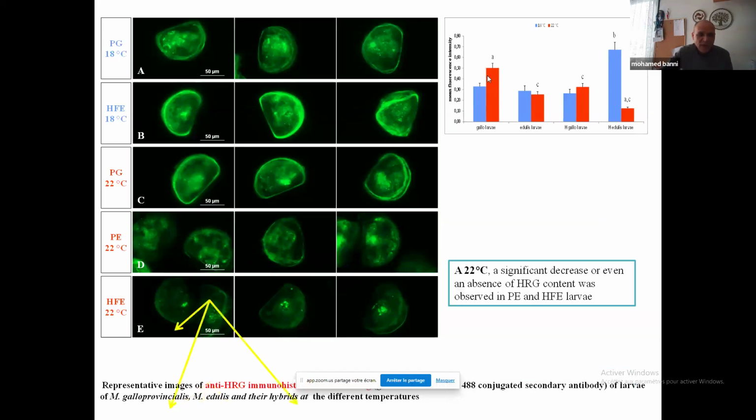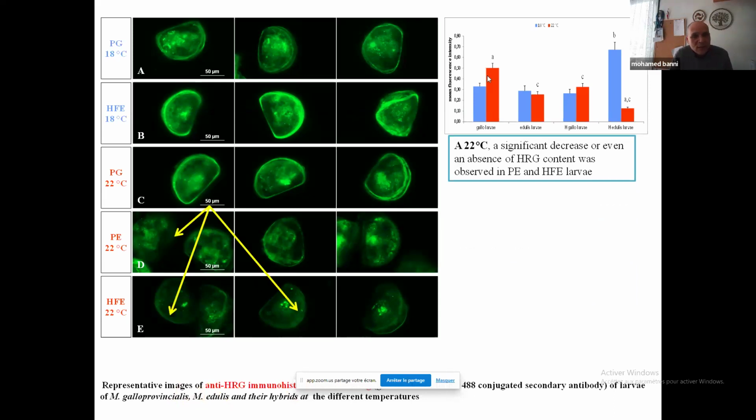So what we have observed here is that the level of shell malformation at increasing temperature is very high. And we try to explain why the shell formation is becoming so damaged when we increase the temperature. The answer is very clear here. As you can see, the intensity of the green light here is due to the HRG. The intensity of the green light in Mytilus galloprovincialis and Mytilus edulis is not the same